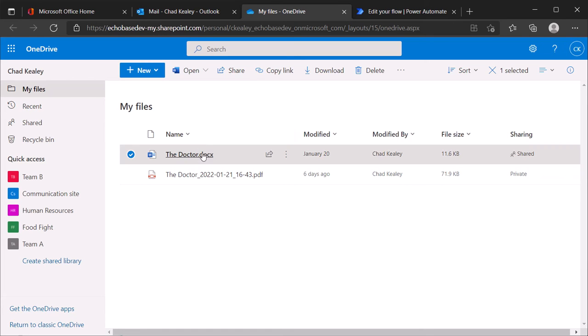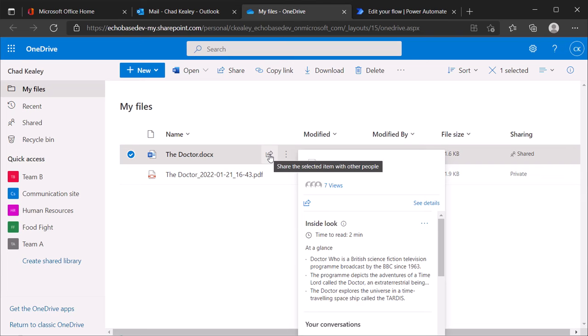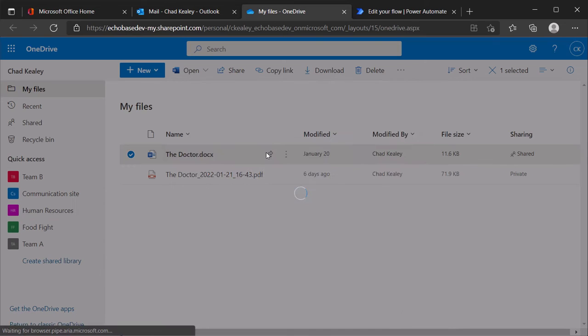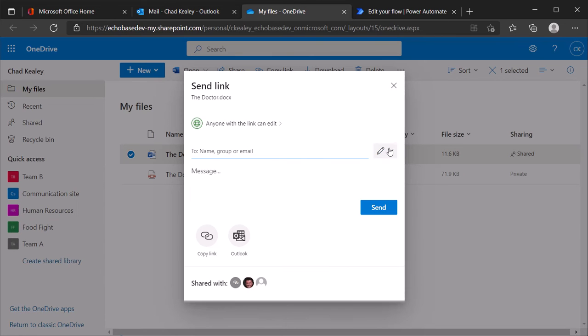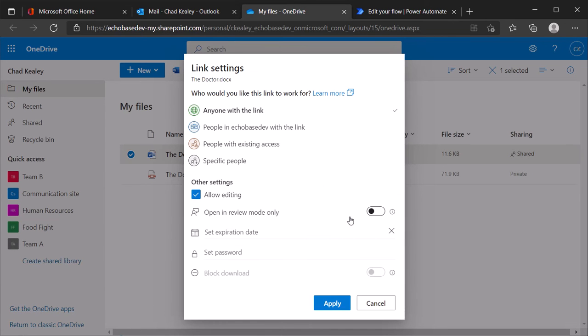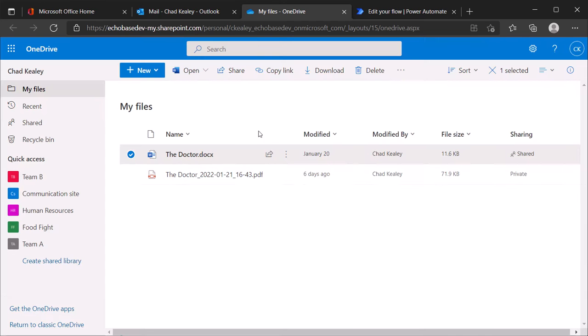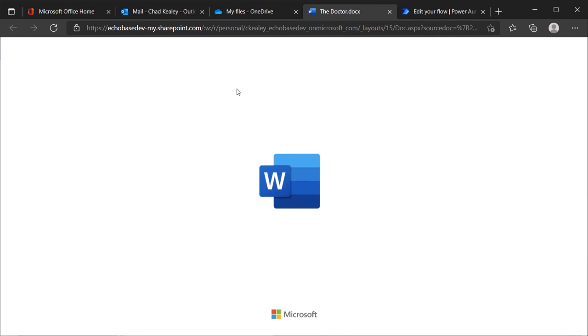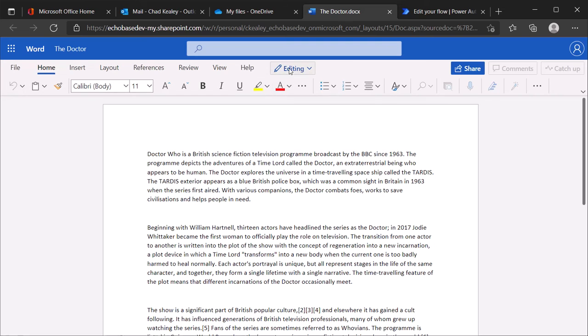So when you're in OneDrive or SharePoint and you have a Word document, and by the way, this only works with Word documents, and you share it and you open up the link settings, you will see that there is an option here to open in review mode only. And when you do that, it's going to open the document up. I'm going to cancel out of this, but it's going to open the document up in